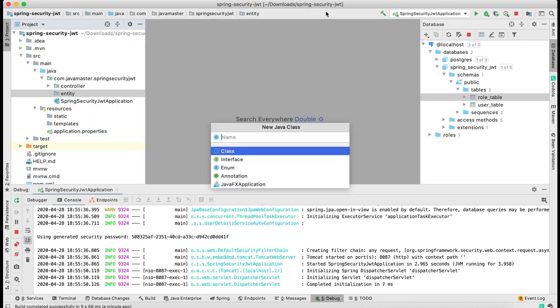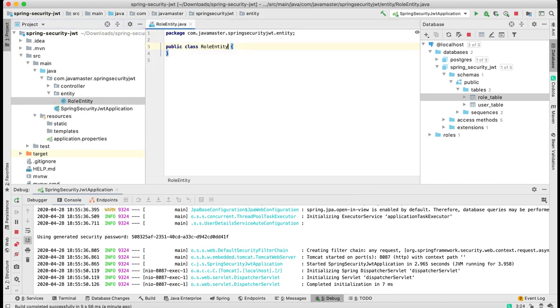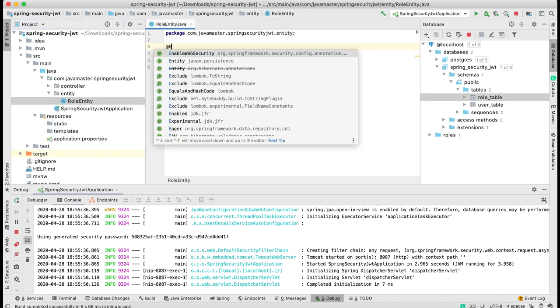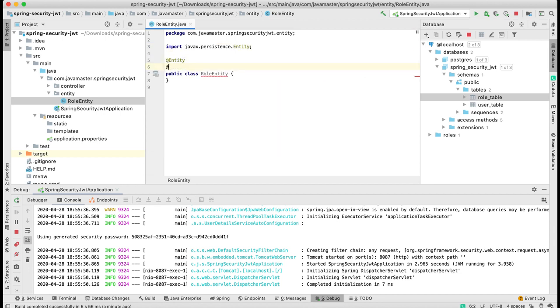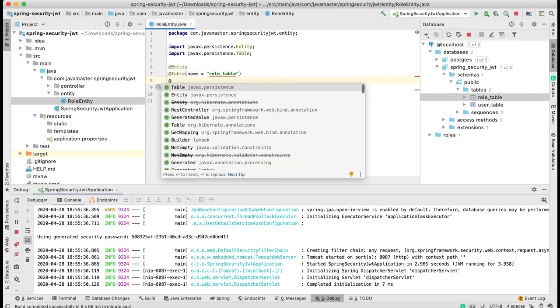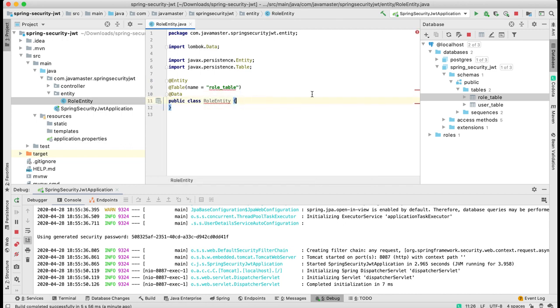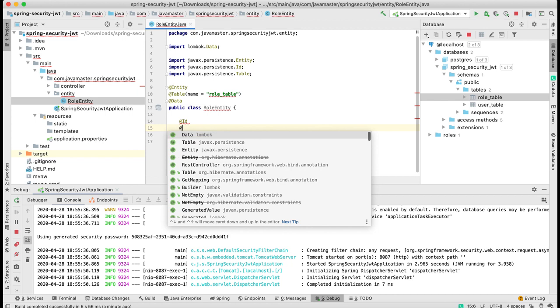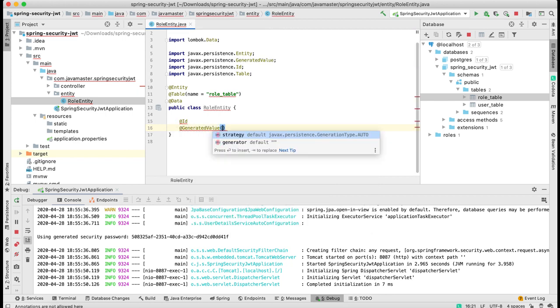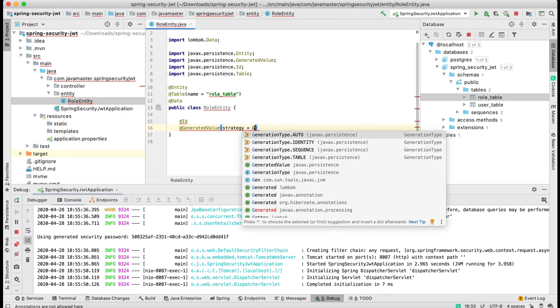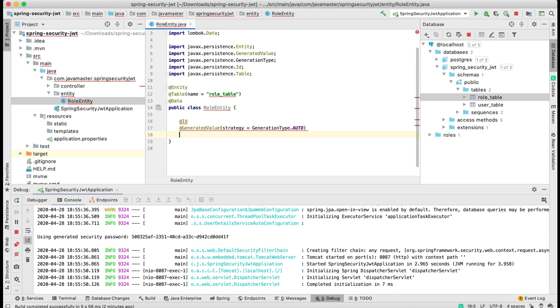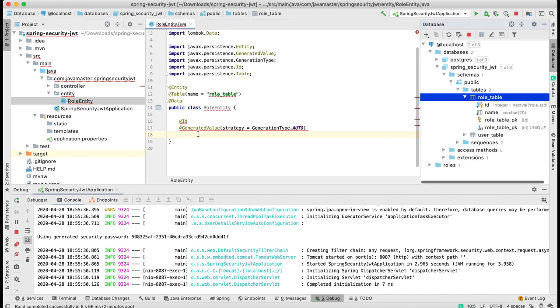Entity, and let's create first the role entity class. I'm gonna use the entity annotation and table annotation. And to avoid boilerplate code like getters and setters, I'm gonna use the data annotation from the Lombok library. And I'm gonna just map my fields from the role table to my role entity class. Private